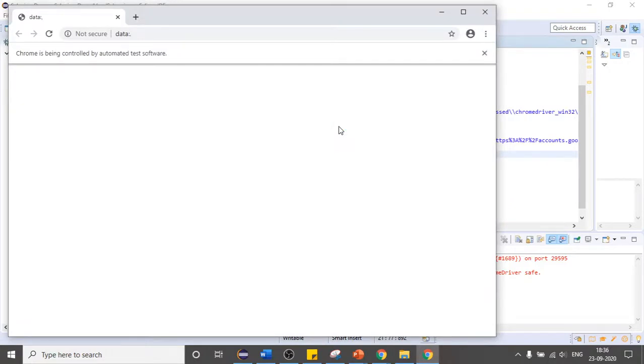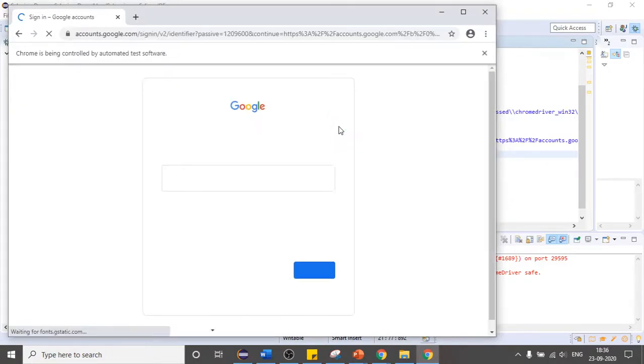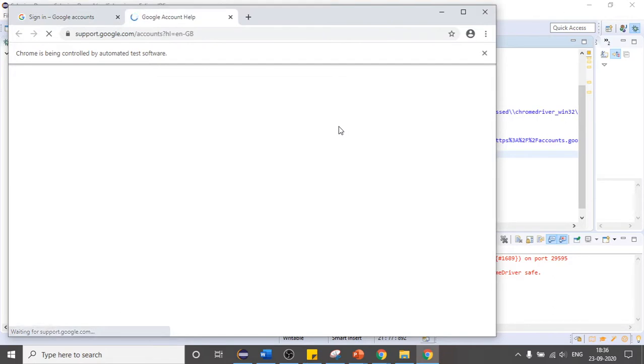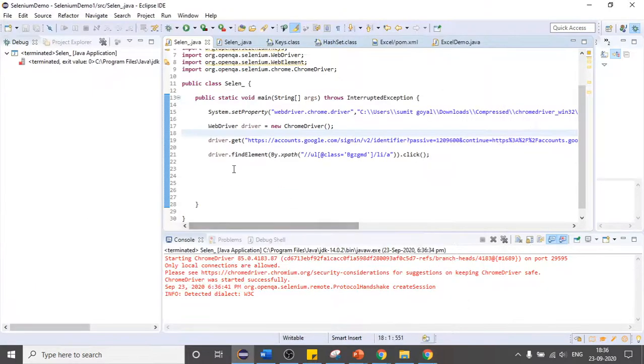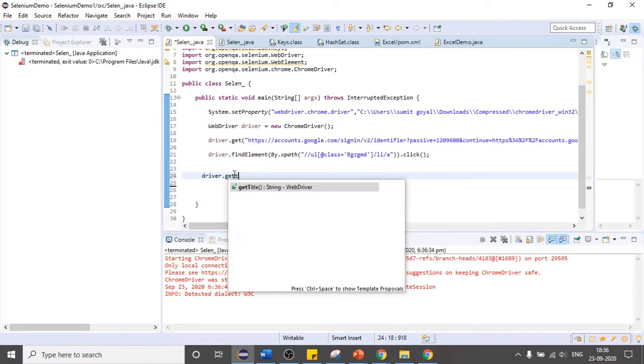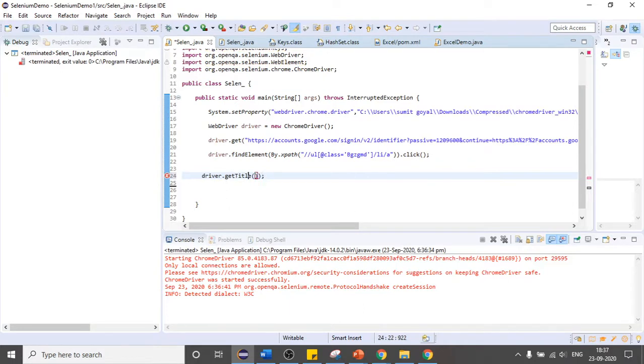So it has opened the Gmail, and it should click on the help link. After that, what I'm trying to do, I want to print this title. What is the title? Google account help. If you have to print the title, what will you write? I will simply write driver dot get title of the page. And if I write like this,